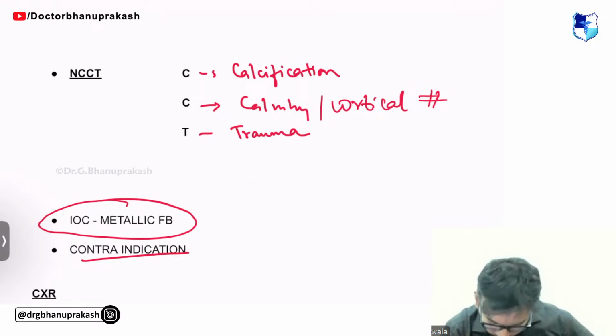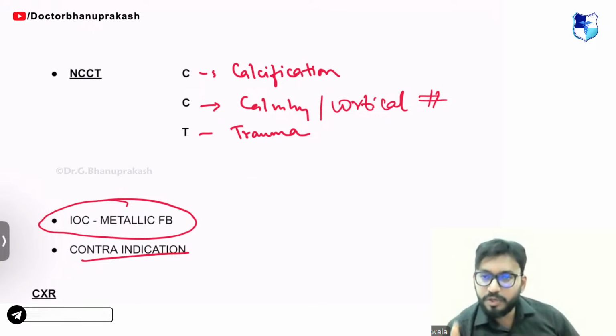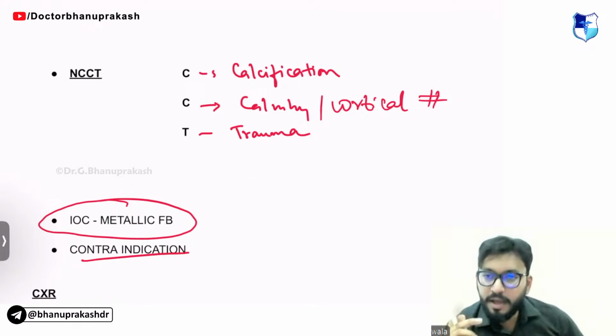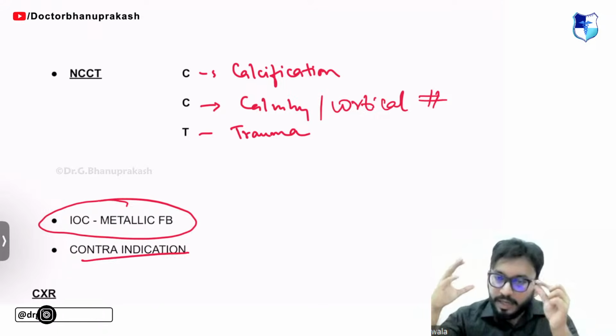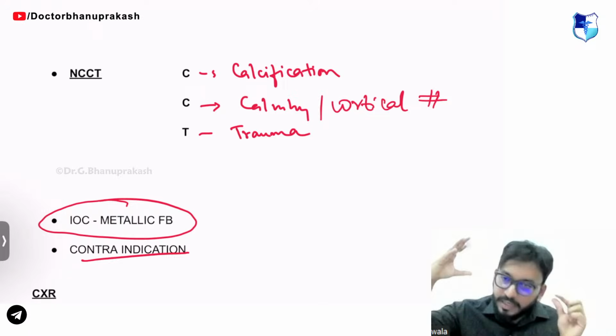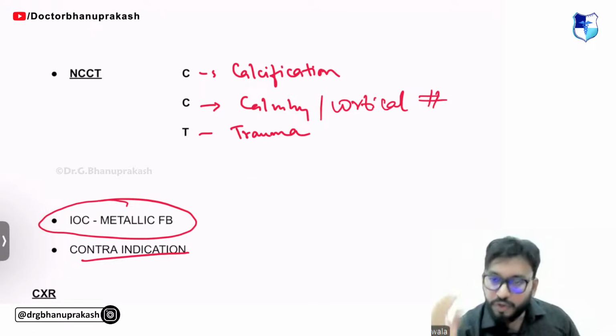Yes, very good. Yes, it is MRI. MRI is an absolute contraindication in a metallic foreign body. Why? MRI, the word itself has magnet. There is a metal. If you use a magnet to detect metal, it will attract the metal and rip everything in its path. Do you want that? No.